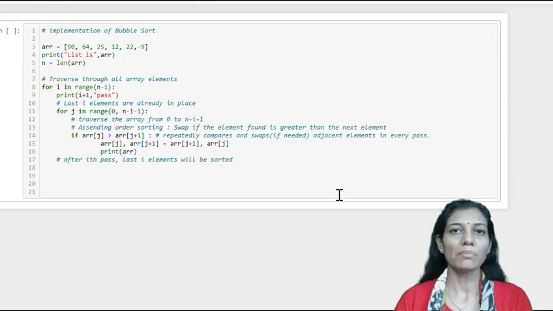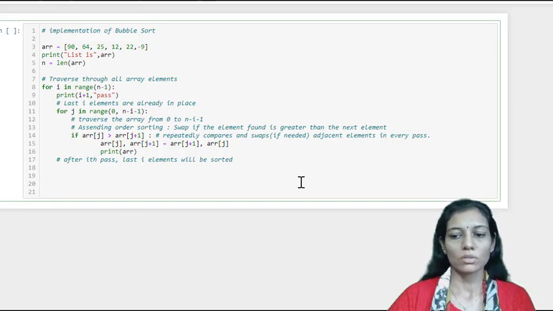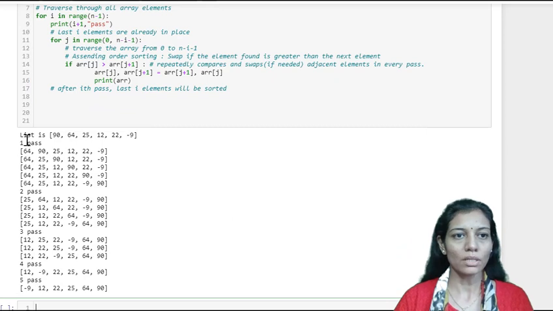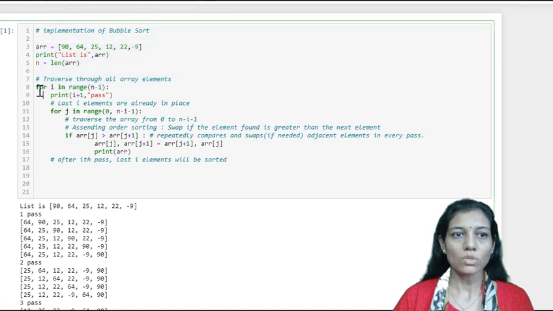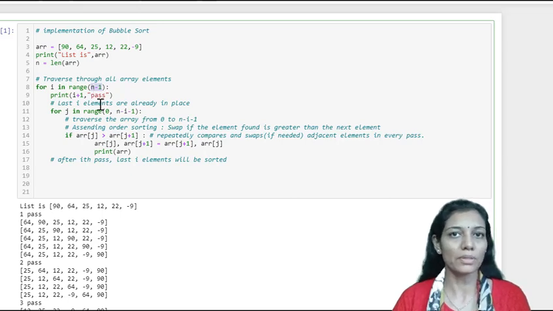It is the program for implementation of bubble sort. So first I'll be executing it, and based on the output we'll understand what the process of bubble sort is. So right now I'm executing it. As you can see over here, there is a number of passes. These passes are because of our outer loop, that is the i loop. So how many passes are we having in this particular example? That depends on the number of elements. So here we have 1 2 3 4 5 and 6 elements. So in total we will require n minus 1 passes, so total 5 passes, and after each pass what happens, that we will see.